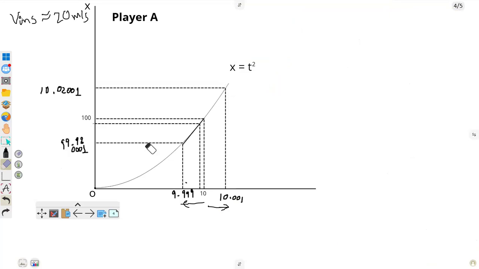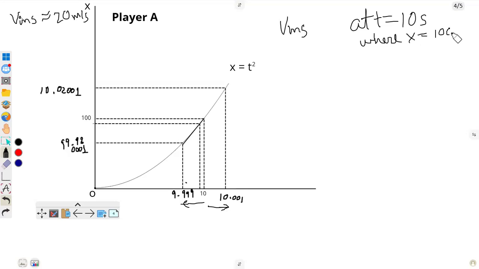Okay. So now we are done calculating. Let us try and use our brains. What we want to find is the instantaneous speed, v instantaneous at t equal to 10 seconds, where x is equal to 100 meters. My x is 100 meters. So this is the point,